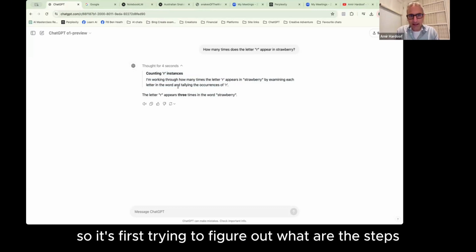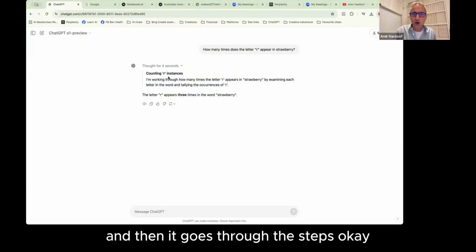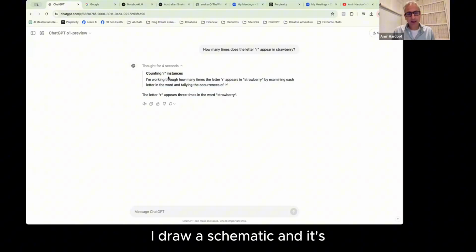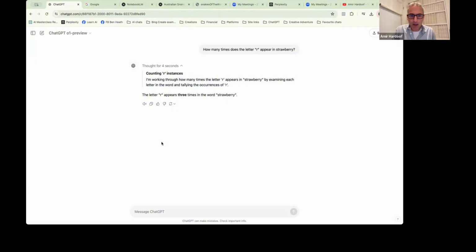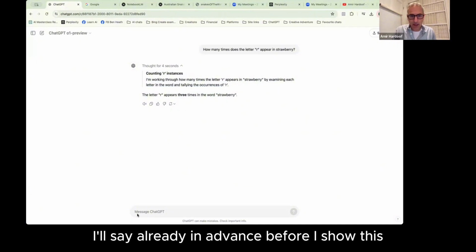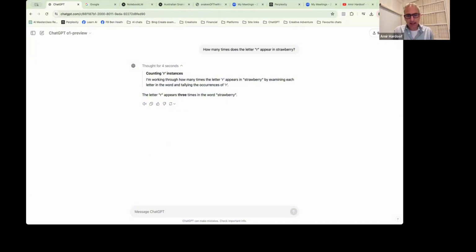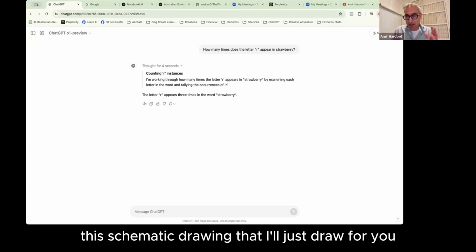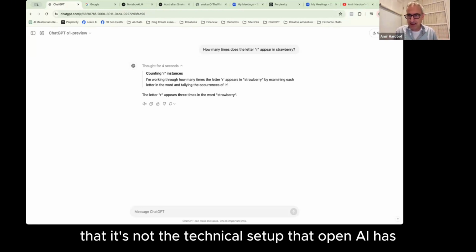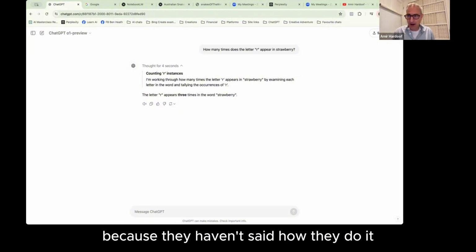So it's first trying to figure out what the steps are, and then it goes through the steps. I'll draw a schematic, and I'll say already in advance, before I show this schematic drawing, that it's not the technical setup that OpenAI has, because they haven't said how they do it.